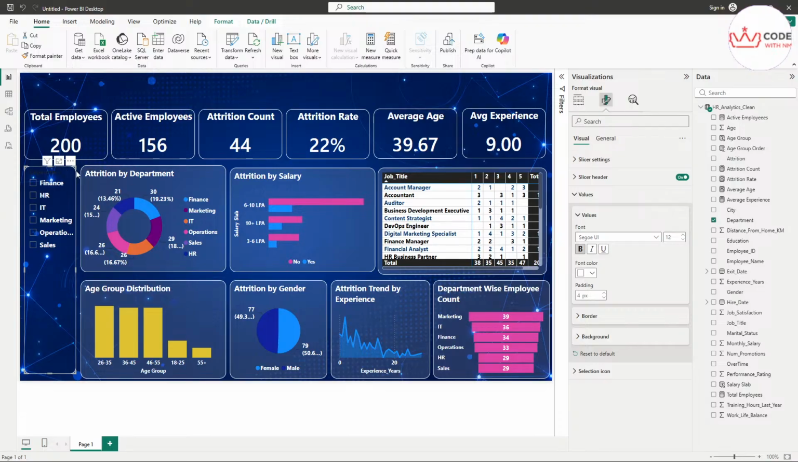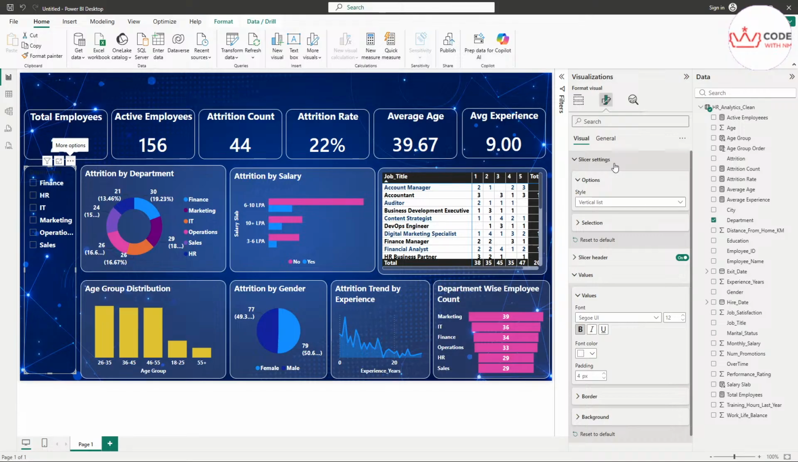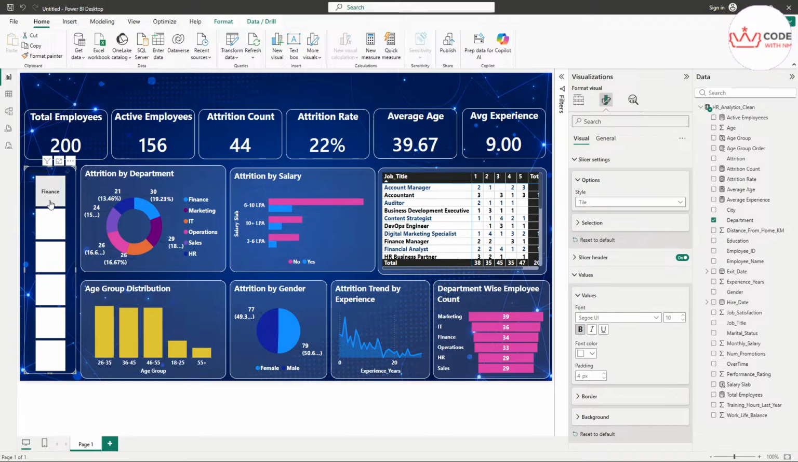So how you can change it from checkbox to tile? So we need to go to the slicer setting over here in visual, and you see vertical list, just change it to tile. And now if you see, it is changed to the tile. Okay, up till now if it is clear, let's change the color of it also, the background color, or else